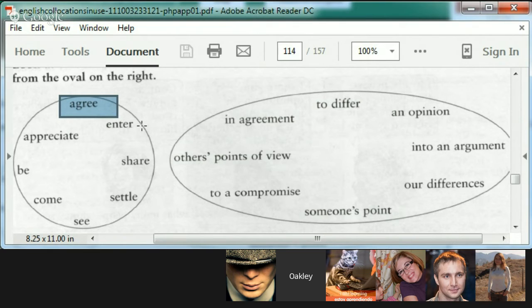Agree to disagree is, I don't know, for Americans, agree to disagree is more common. Agree with an opinion also, yeah. Yes, agree with an opinion. No, agree into an argument. That doesn't make sense. Not our differences, someone's view. Okay. How about? Agree to a compromise. Yes, this is very common. We agreed to a compromise. That's a really common one. Okay. Sasha, what can you enter?